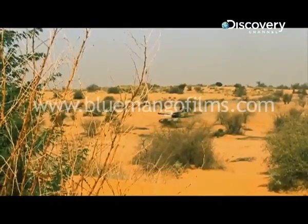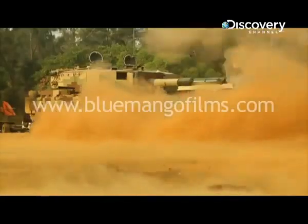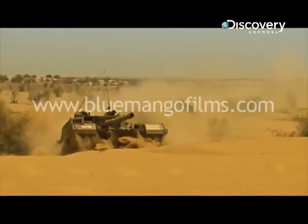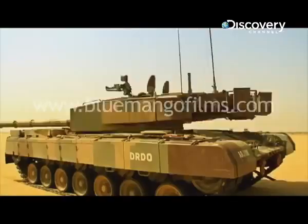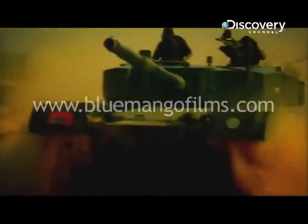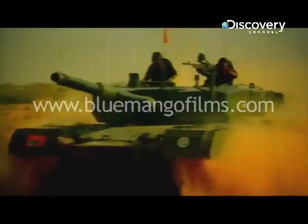When it comes to war, no weapon dominates the battlefield more than the main battle tank. Backed by superior firepower, protection and mobility, these armored monsters often decide the fate of wars. From capturing land territories to creating havoc behind enemy lines, the tank is the most destructive war machine during any